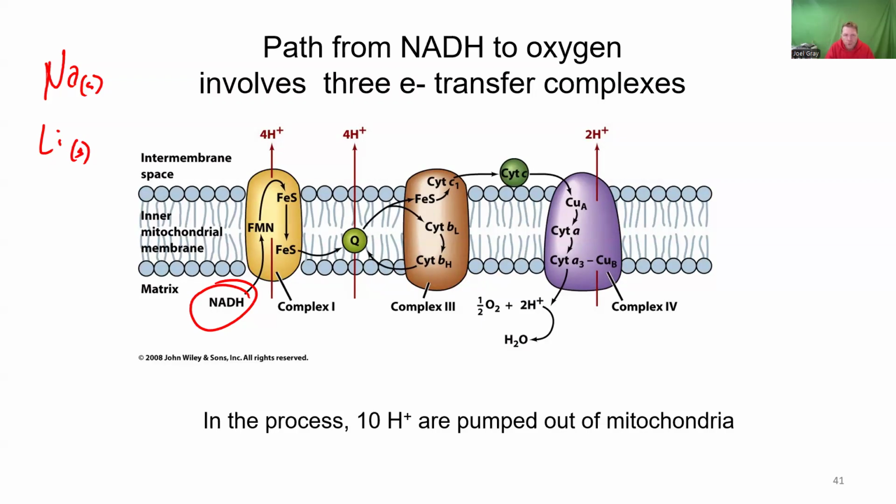So we're going to move electrons from NADH all the way through these different protein complexes. These protein complexes, in addition to moving electrons, are going to move protons from the mitochondrial matrix, where our Krebs cycle and beta oxidation have taken place, into the intermembrane space. So that's the space between our two mitochondrial membranes. Now, this number here is important. How many total protons are moved across the membrane with the help of NADH? 10. Okay, so we got 10 protons.